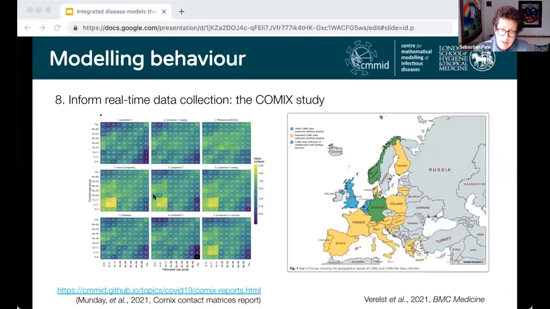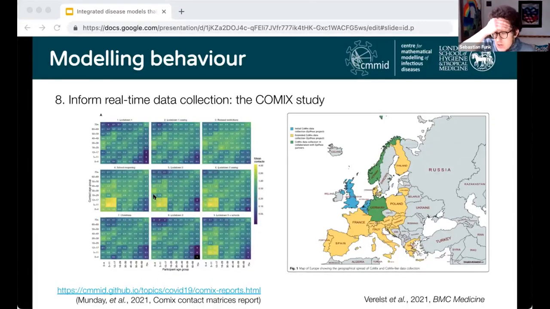And so it's this idea that in mathematical models of infectious diseases, if you have an age-structured model, you need some kind of quantitative idea of how people of different age groups come in contact with each other. And this generally tends to change over the course of an epidemic. And so one way to be able to reliably inform models with it is to measure it.